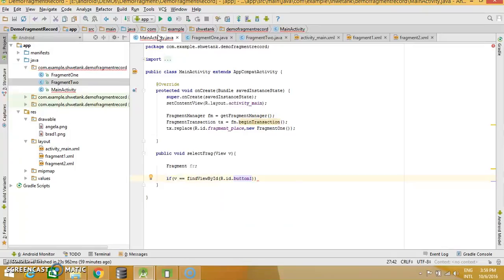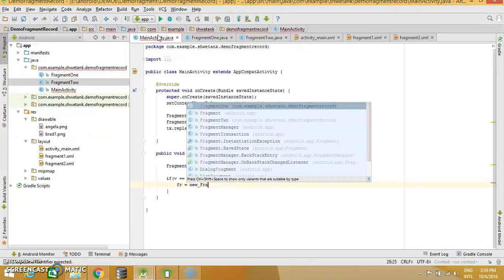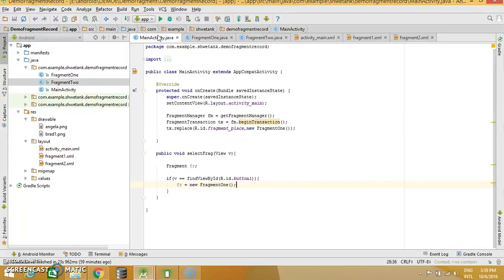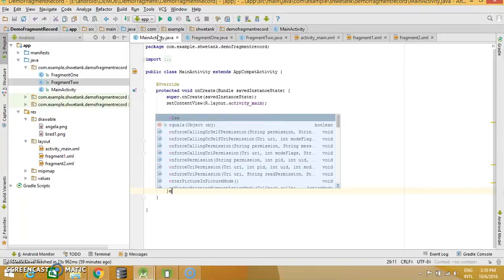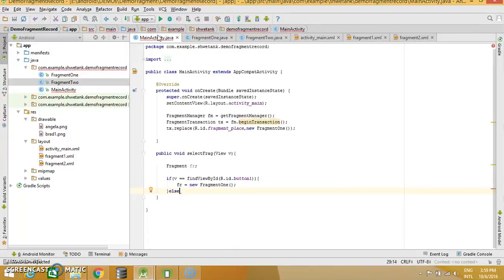If it is button 1, then I should equate fr with, rather fr will now point to this Fragment 1, and if it is button 2, then I will point it to Fragment 2.